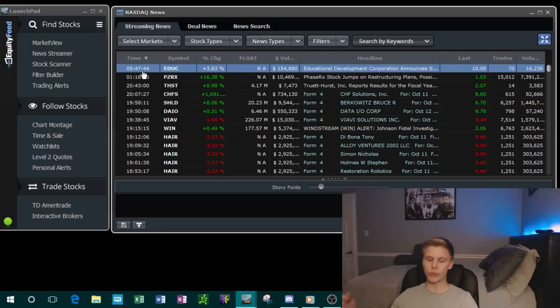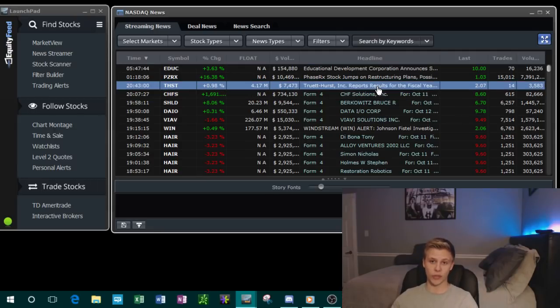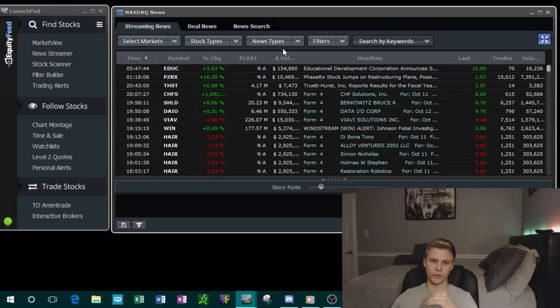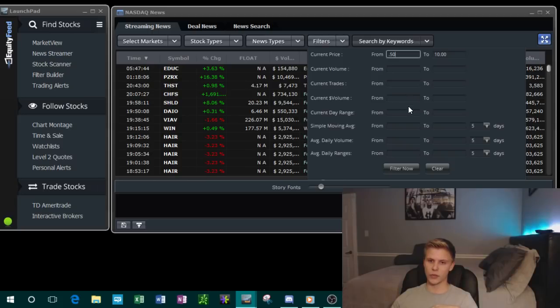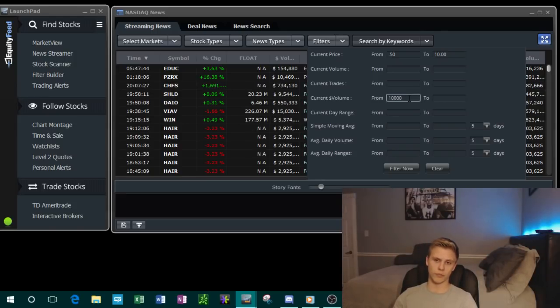Now when we get into the actual market open, that's when you start to raise your dollar volume value. Now, because the news streamer is mainly meant to find news when it's released, I don't raise this up that high at all. So when the market's open, I'll put it at $10,000 worth of volume. I know that's very low for NASDAQs because they trade tens of millions, but what this basically filters out is